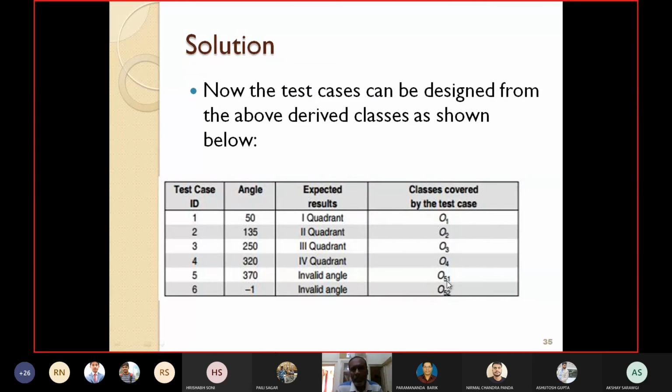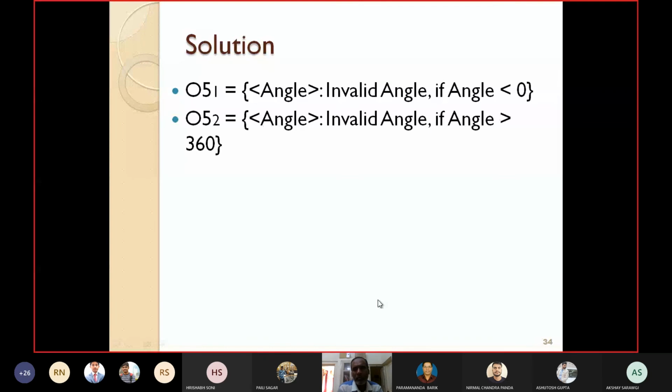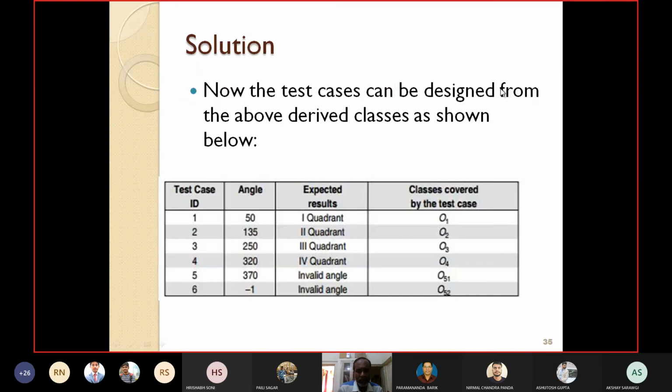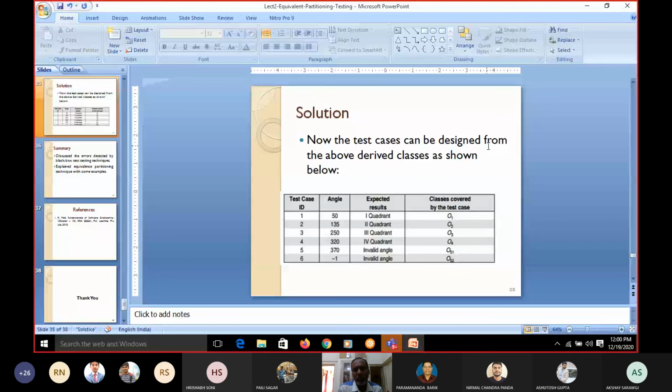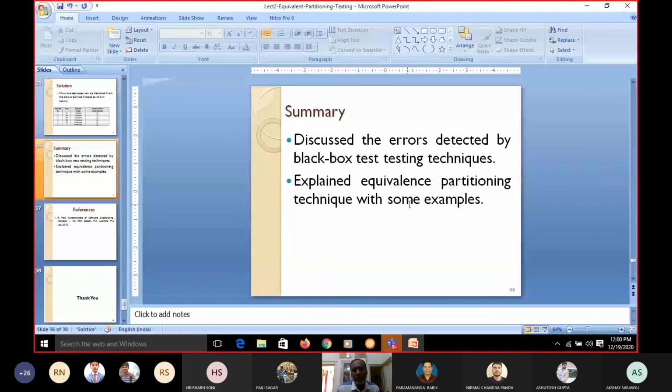Let us make it angle greater than 360 in order to match our result, and for O52, angle is less than 0. Okay, so a minor mistake.